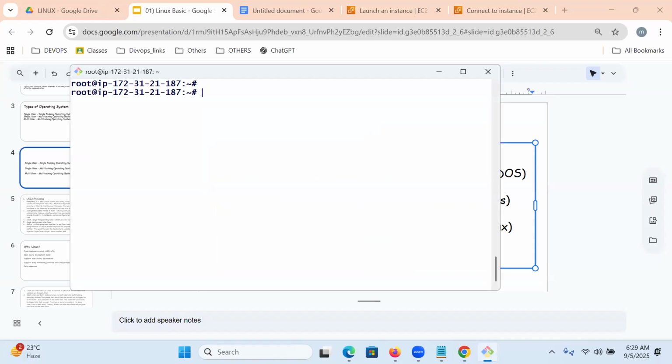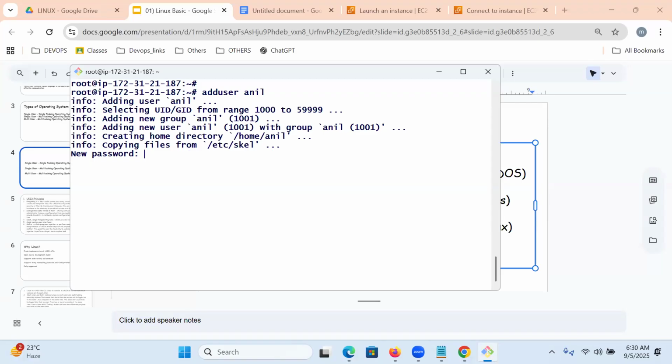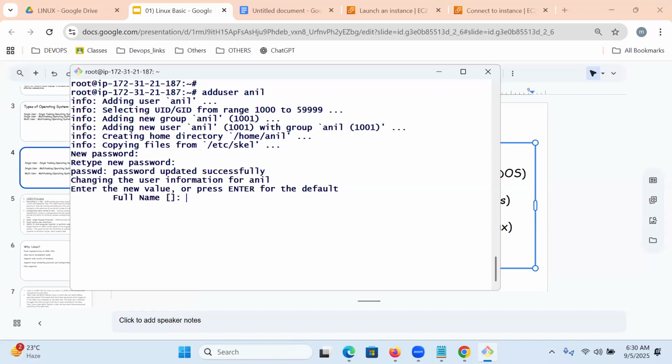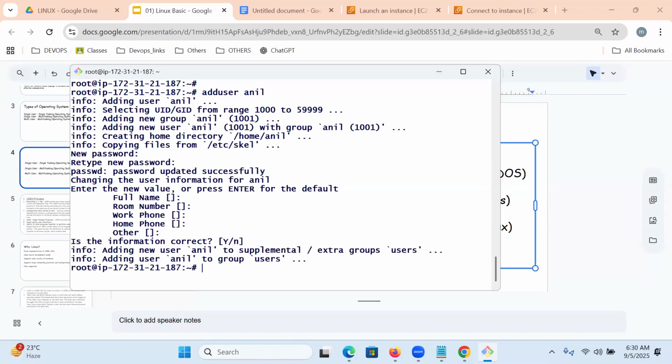How can we create users? adduser, and then the username Anil. What is the password? I am going to type it here, Anil. Enter, enter, enter.